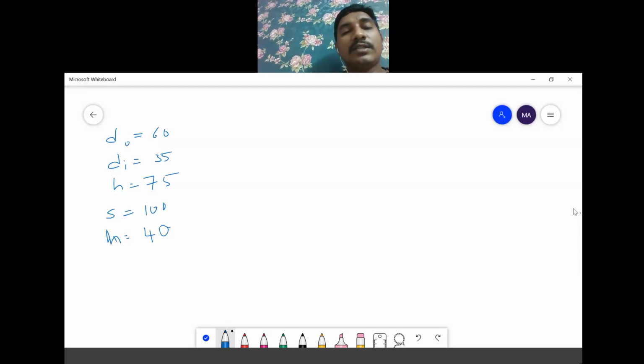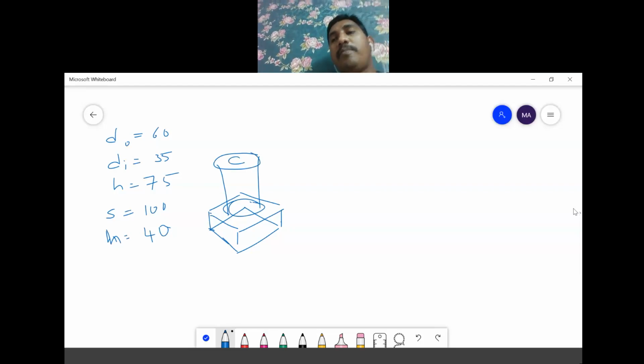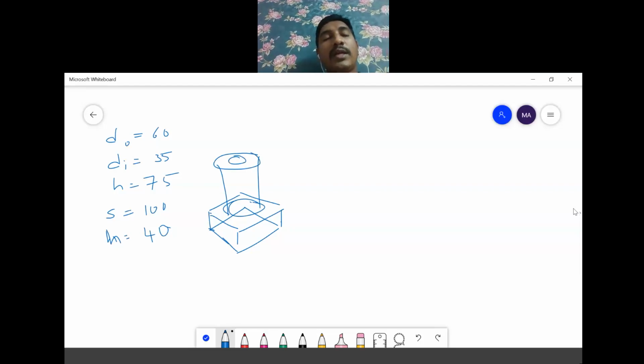We consider the square prism. The square prism will look like this. On this square prism, you have a hollow cylinder. Hollow cylinder means it will be visible on the top. The circle, outside and inside diameter, should be visible on the top. In the bottom, it will be invisible, so it will be the hidden part. So no need to draw in the bottom. You can draw directly in the top, because it is visible on the top.